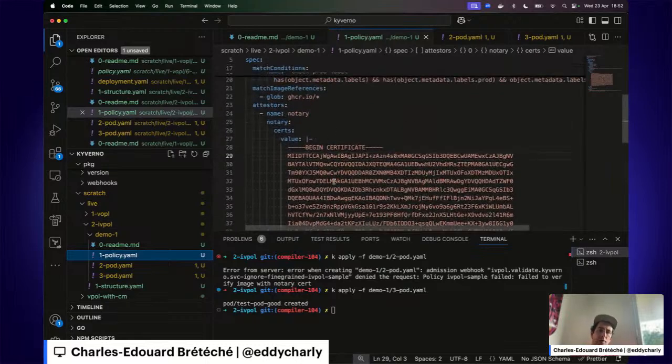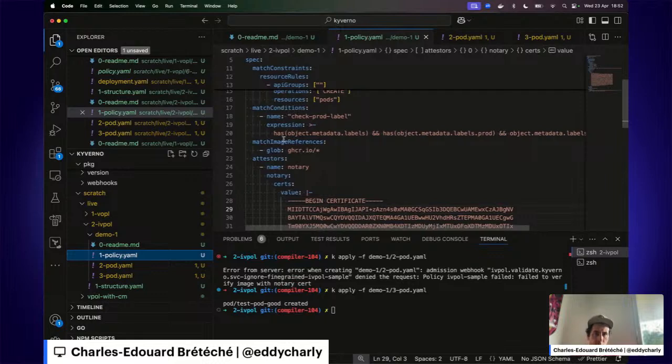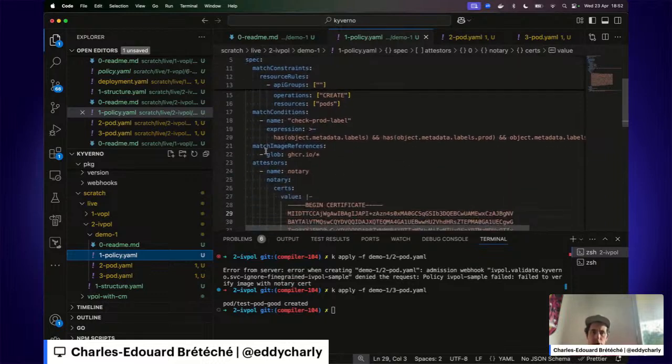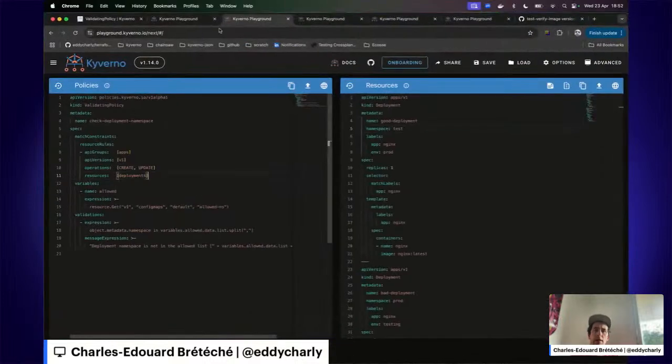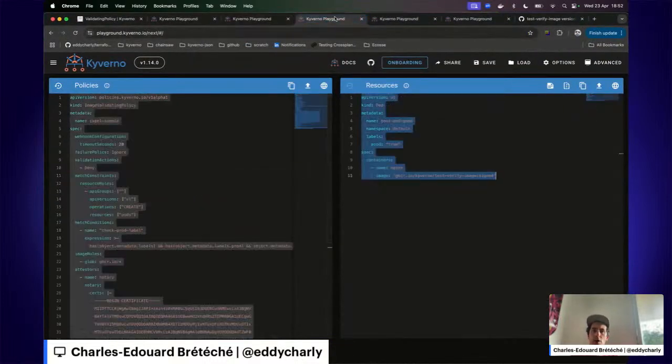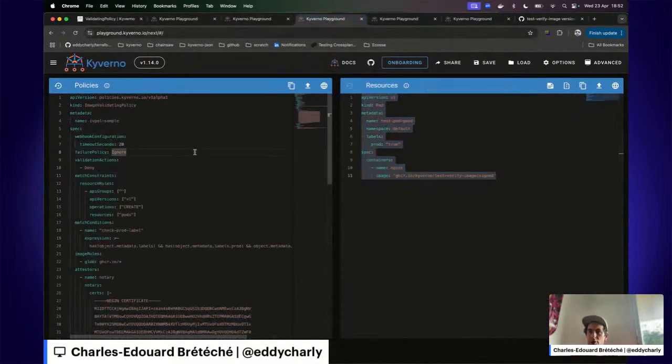This certificate could come from a secret or something else. We would just have to fetch the secret in the variable. So we would have a resource.get with the expected secret. And this also works in the CLI. And this also works in the playground.